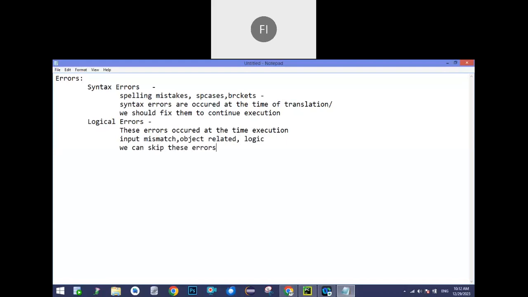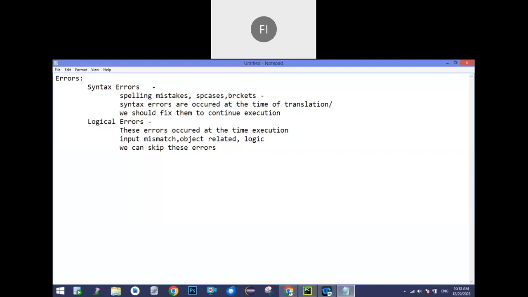So that means even though we have logical errors in the program, we can execute the program, but some cases will fail and some cases will pass. If you handle the logical errors, all cases will pass. But if you don't handle the logical errors properly, then some of the cases will be skipped. I mean to say, they won't pass. Some of them will execute. So that is what is meant by logical errors.